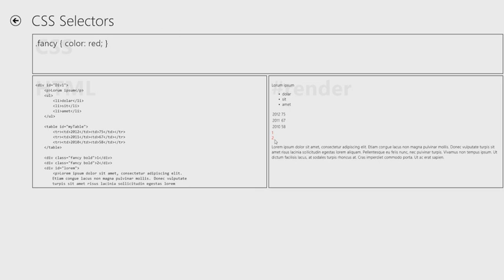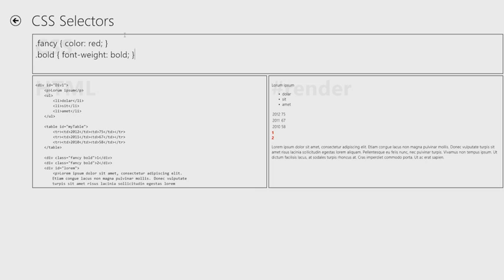And now you can see in our render results that both of those divs have taken that style property. They've both gotten the color of red. Let's add another one, and let's say I want to use bold. Now both the red and the bold are applying to those two divs because I've applied two different style rules, both